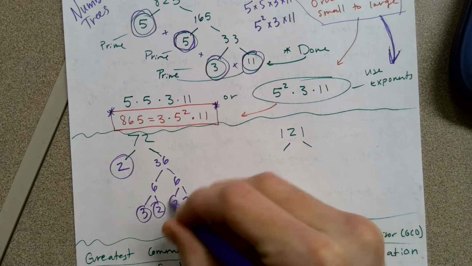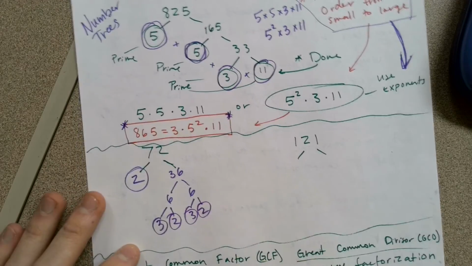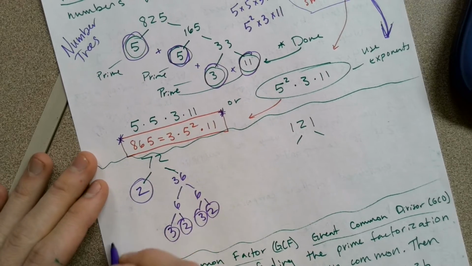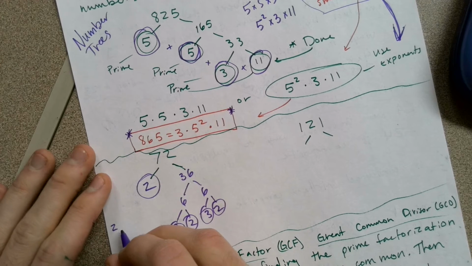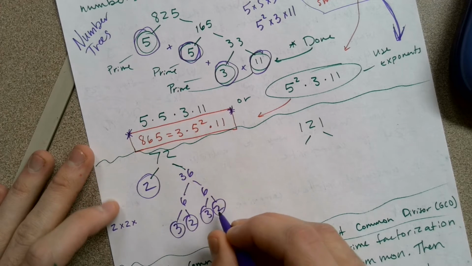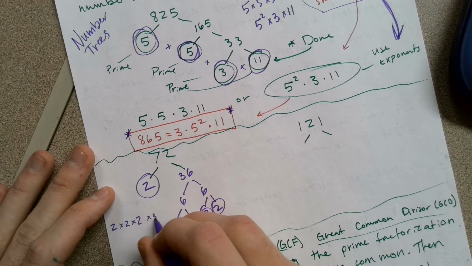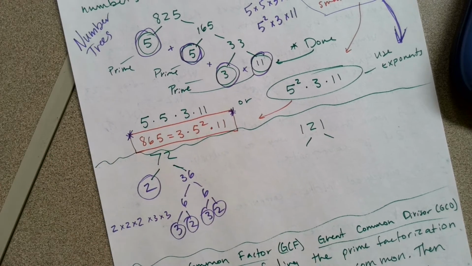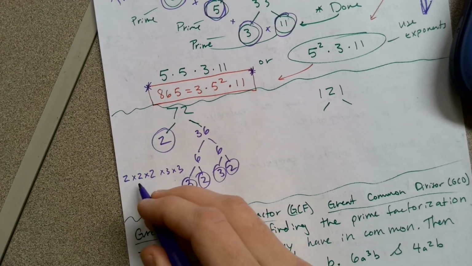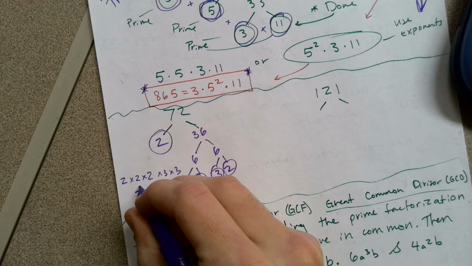3 is a prime number. 2 is a prime number. We got them all. Set them up with a little multiplication. I'm going to organize mine and put all my 2's next to each other. So I have 2 times 2 times 2 times 3 times 3. On to my exponent step. I see I have 1, 2, 3 2's. So I'm going to do 2 to the third power